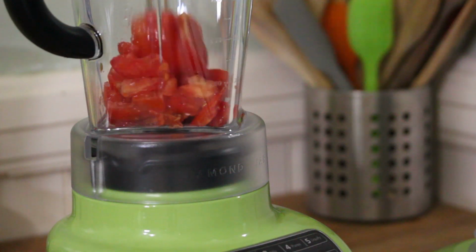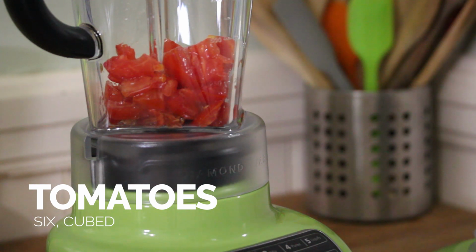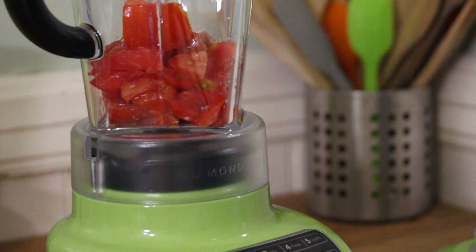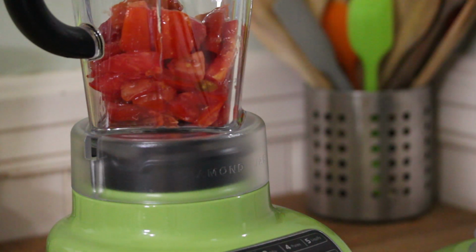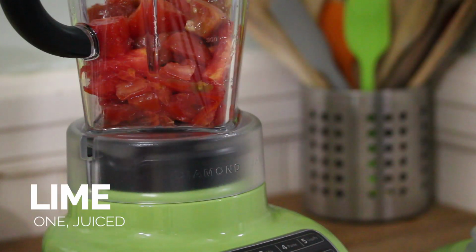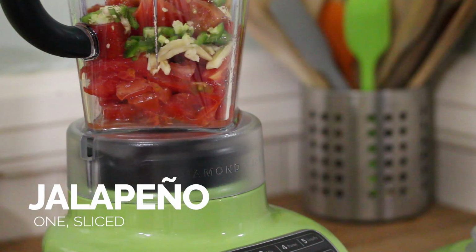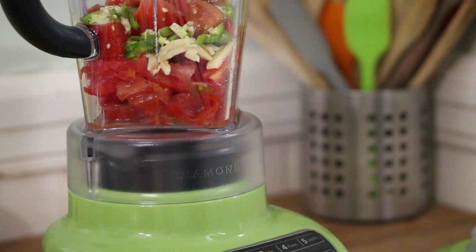To make this salsa, we're gonna start off with some tomatoes. Once again, thank you, Brian, for giving me these. Just want to loosely chop them up and add them to your blender. Go ahead and add in some lime juice. Add in some garlic, some sliced peppers. Also, those are from Brian. Thank you, Brian. So before I blend this, I just want to give you a tip on making your salsa